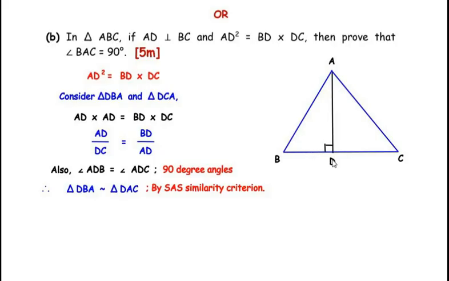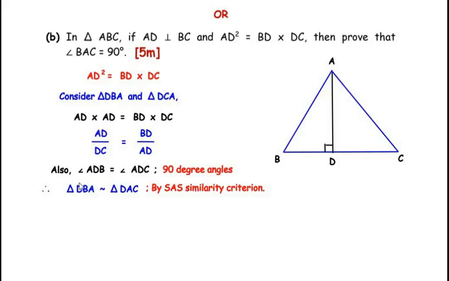degree as well. So here we have written also angle ADB is equal to angle ADC, that is 90 degrees angle. So here we have got two of the corresponding sides to be in the same proportion or in the ratio from the two triangles, and we have got one of the angles to be same. So these two triangles, that is triangle DBA, will be similar to the triangle DAC, that is by SAS similarity